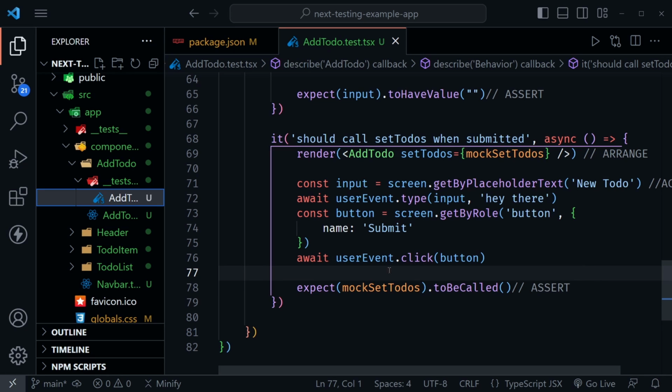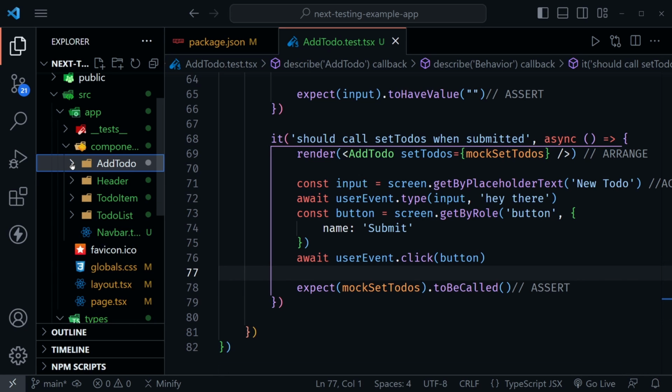However, it's important that you learn about them, so I'm more or less providing the code as examples that will hopefully help you write tests for your applications in the future. Okay, now that we've looked at each individual component, let's look at the integration testing that we have for our